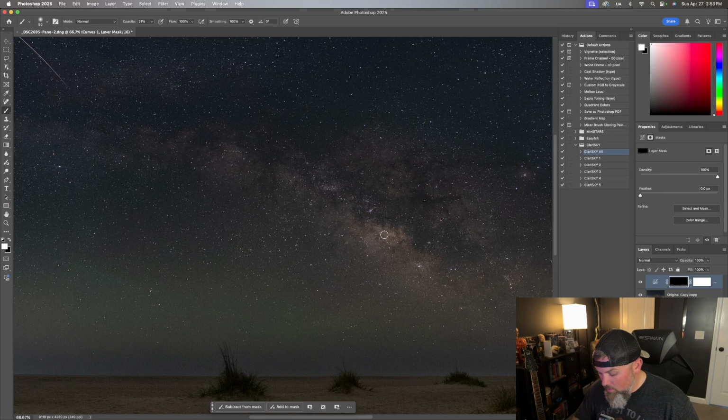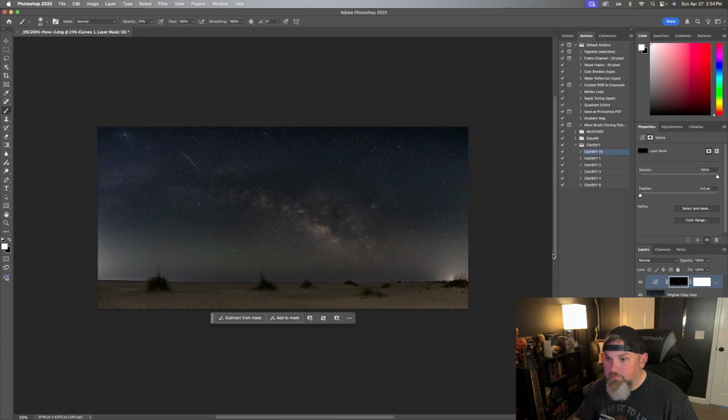And the areas of the Milky Way that are brighter, we're going to brighten them up. Cool. All right, so if we zoom back out,